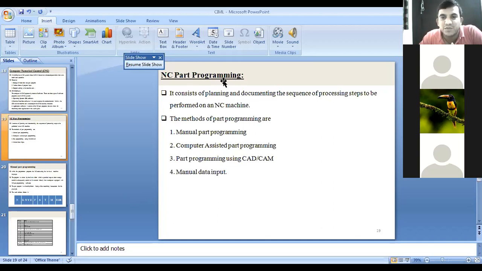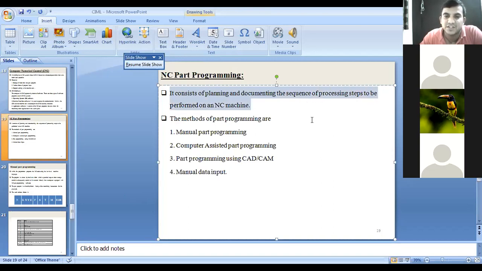The program is a set of sequential operations that we write step by step. It consists of planning and documenting the sequence of processing steps performed on an NC machine. We write a set of instructions block by block, and that set of instructions is called a program.